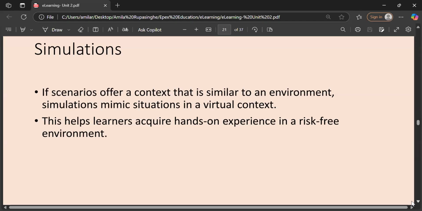But virtually we can experience that, right? We can give hands-on activity, we can give the experience in a risk-free environment when we use simulation. A similar situation we create using AR or VR, we can do it, right?